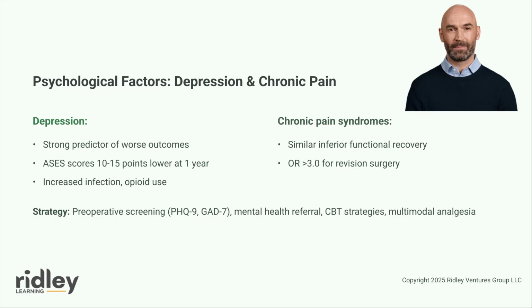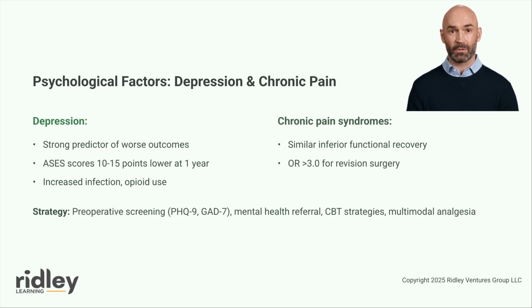Psychological factors including depression, anxiety, chronic pain catastrophizing and pain-related fear avoidance represent increasingly recognized predictors of inferior outcomes following shoulder arthroplasty, with effect sizes comparable to or exceeding those of many medical comorbidities. A 2024 systematic review of patient-related prognostic factors identified depression as a strong and consistent predictor of worse pain and